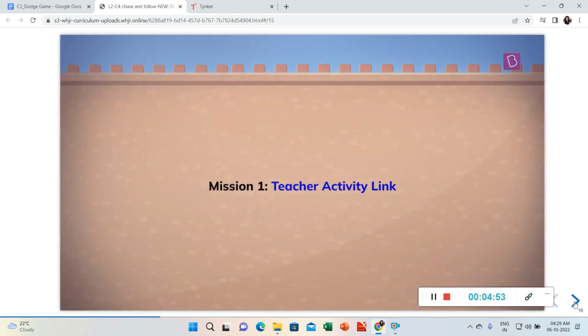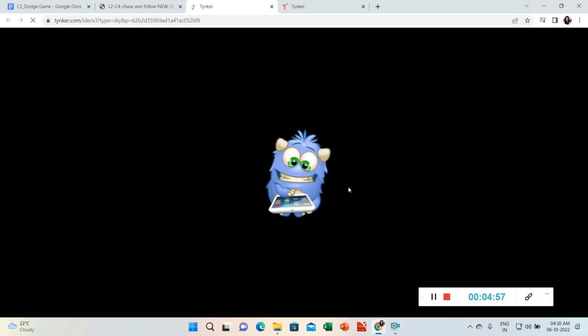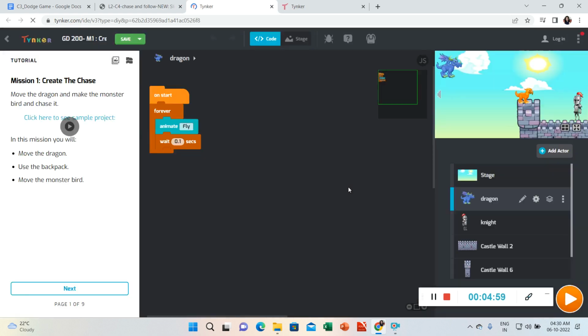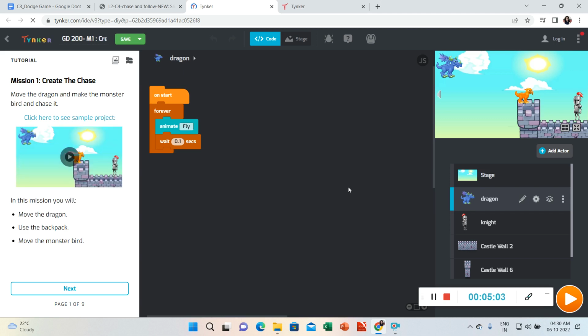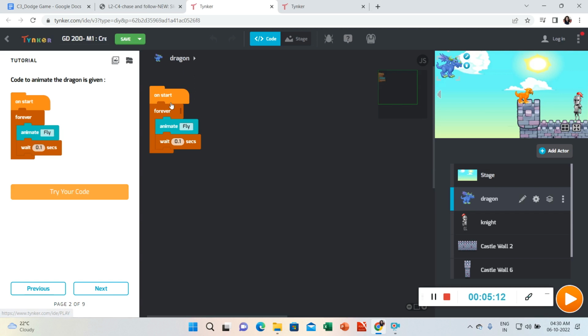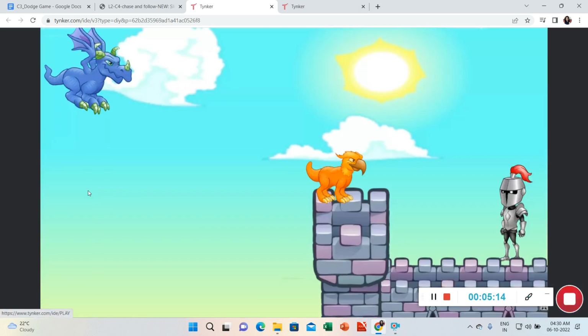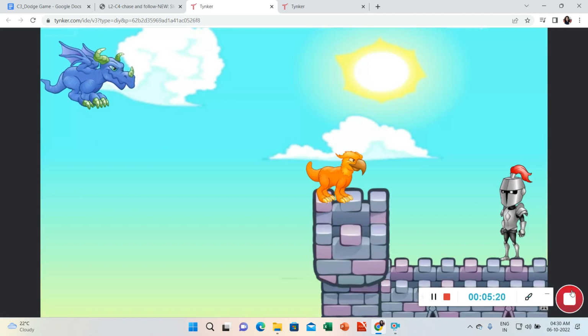dragon. So start with this teacher activity here, and teachers, please share your screen with the students doing this activity. Now here we are going to create a chase for the dragon and the monster bird. But first, try the code that is given here and show how the dragon has been given an animation of fly. And then come back to the